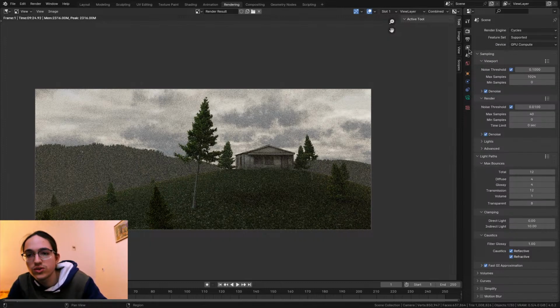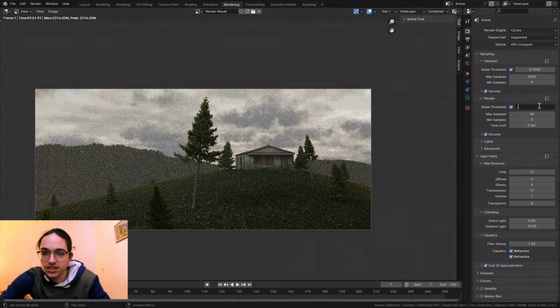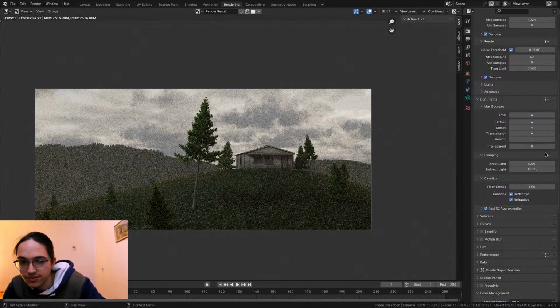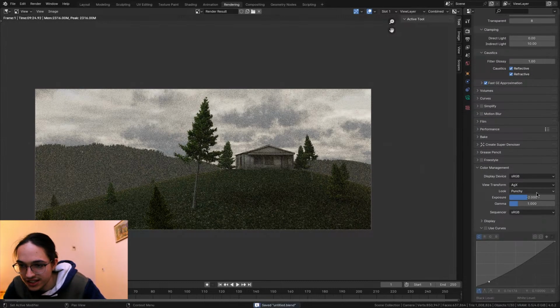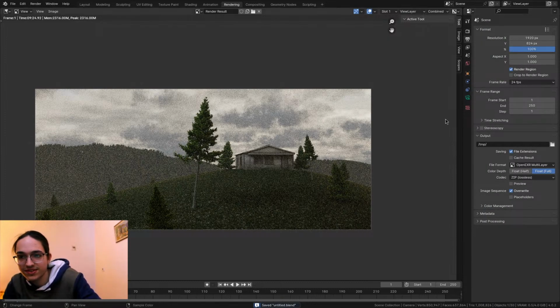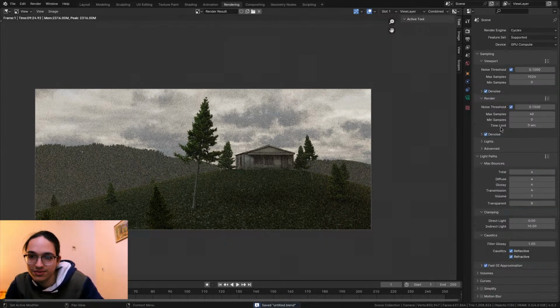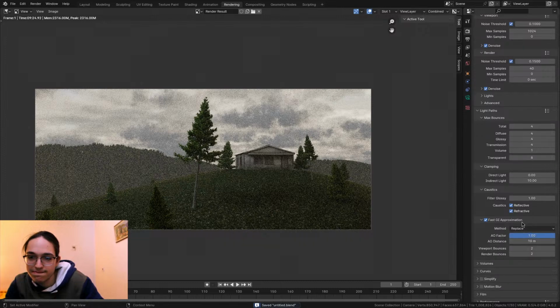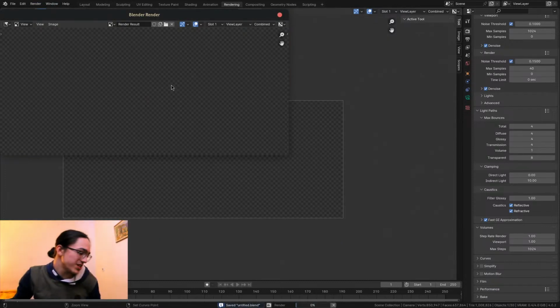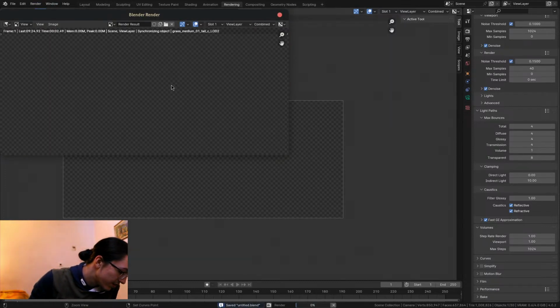What am I going to do to speed up the render? Yeah, let's increase the noise threshold to 0.15. Let's do 4 light bounces. Transparent, I'm not decreasing that. Let's render it like that. I'm also rendering with a step rate of 0.5, which is also part of the reason why the